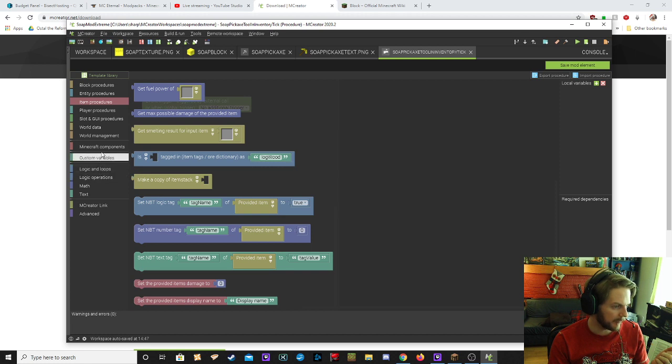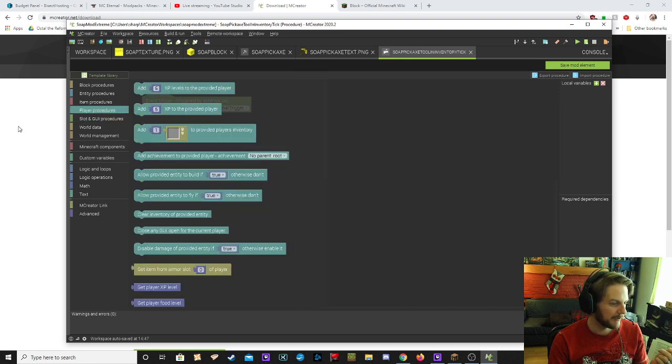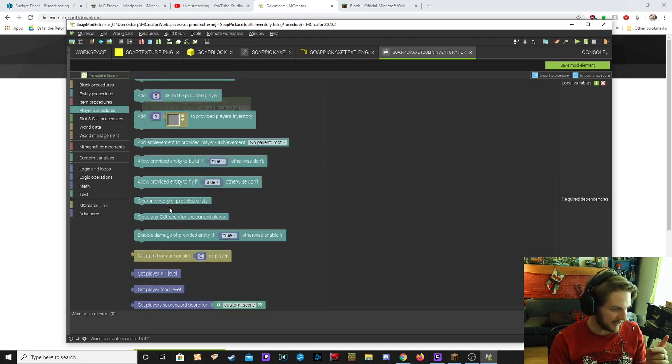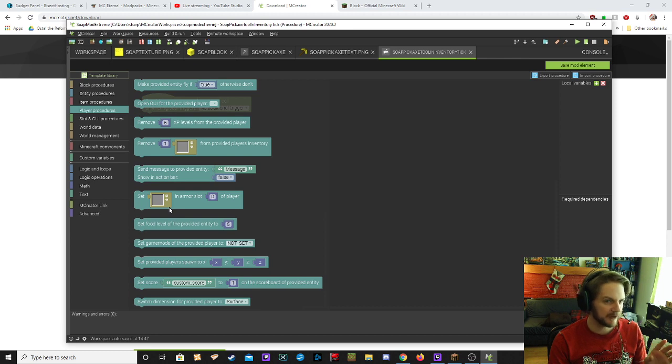And I think I want it to happen after a little bit. Clear slot of the currently open GUI. Remove one items from the slot. I want it to drop. So this might be where, since I've never actually tried this before, I would explore some of the options of